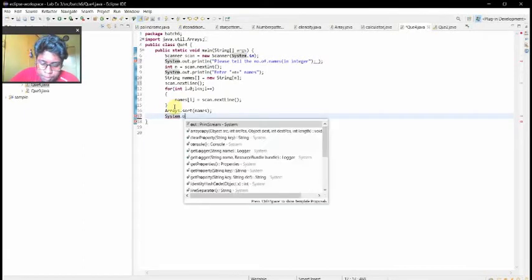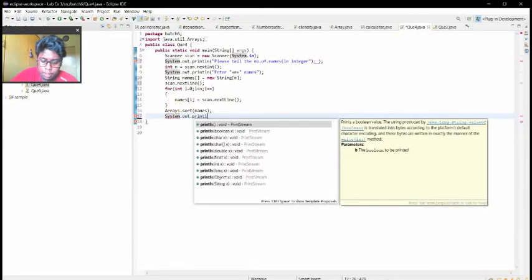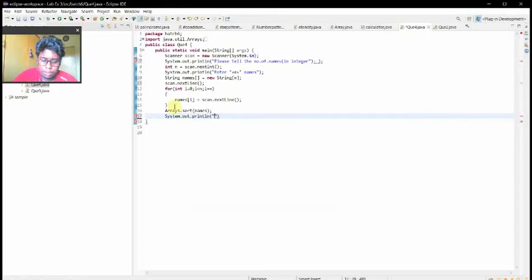And then System.out.println of "The sorted names are".